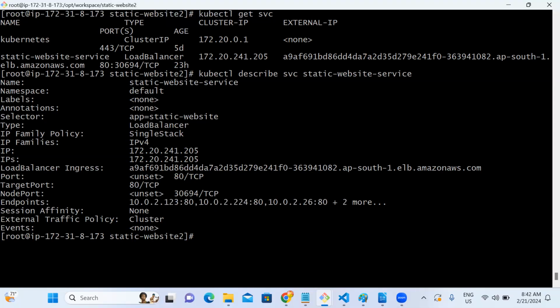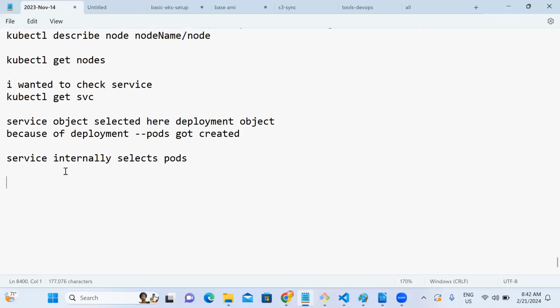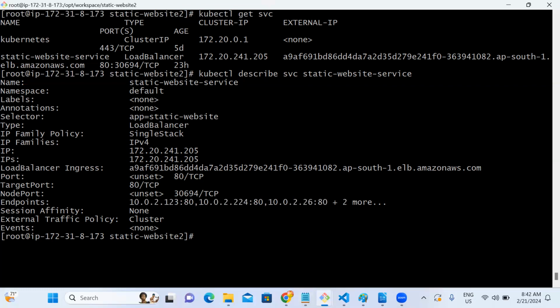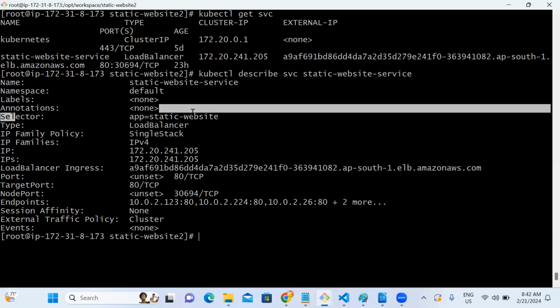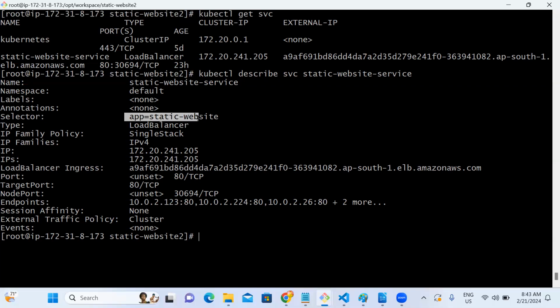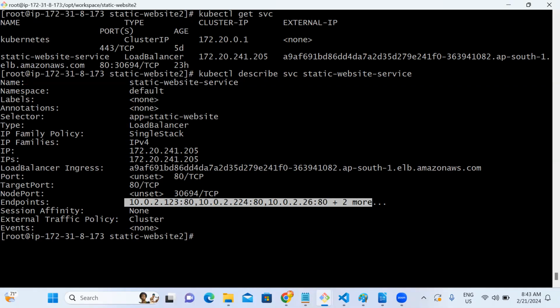So now let me go to an example. Now we'll go to VM mode. In the VM model, you have a load balancer with EC2s attached behind it. EC2s will have IP addresses, yes. Internally the load balancer is registered with these IPs only. Same way, whenever a service matches the deployment name, whatever deployment pods got created will get registered here internally. If we send a request to this service,